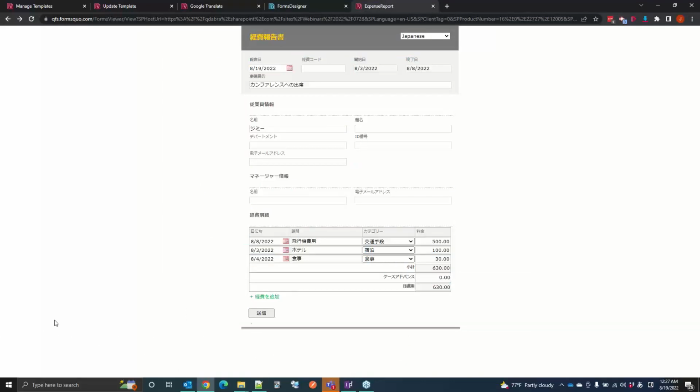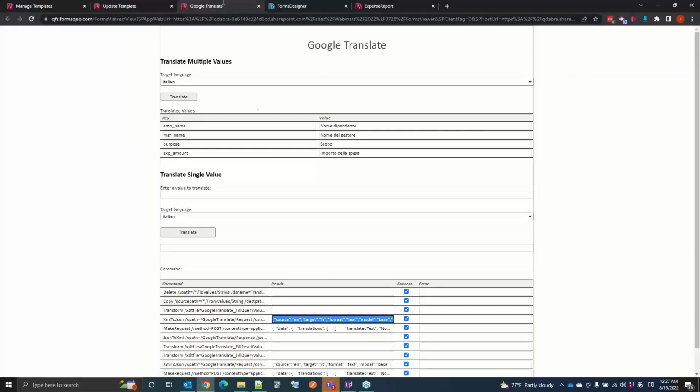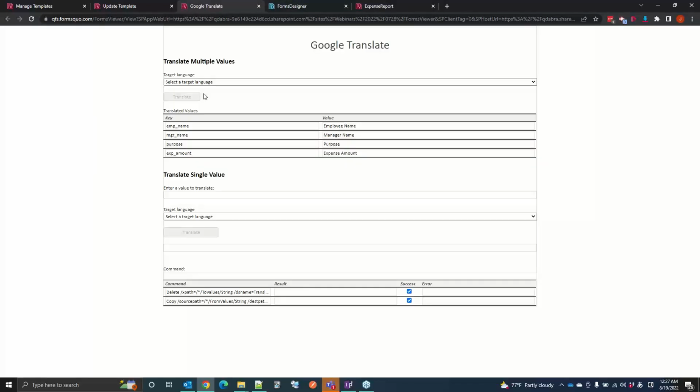And actually what this form does, it doesn't translate them right away. It translates them when you click the submit button. Well, this is a good opportunity to show the sample form anyway, because we're going to provide both as part of the package. Yeah, so if you want to add the logic to your own form, it might be a better idea to use this as an example than the other, since it doesn't have all the extra expense report stuff in it. But let's say I wanted to, and this is assuming a source language of English,